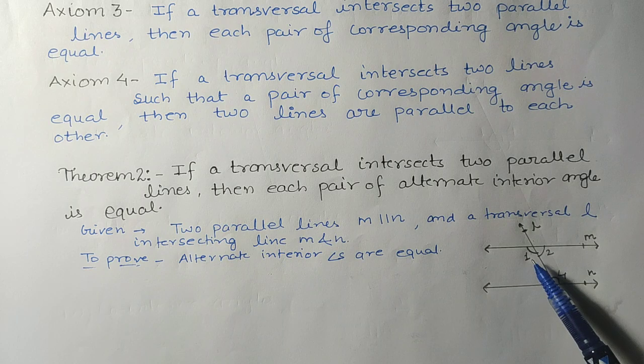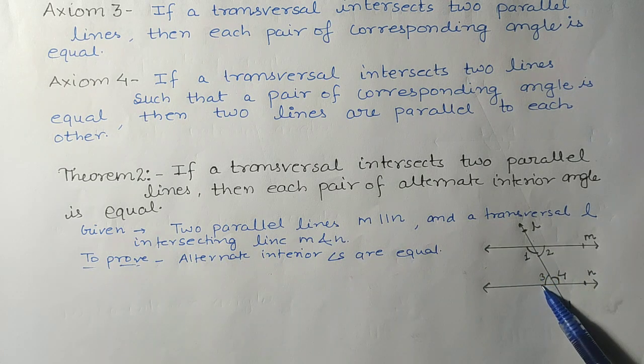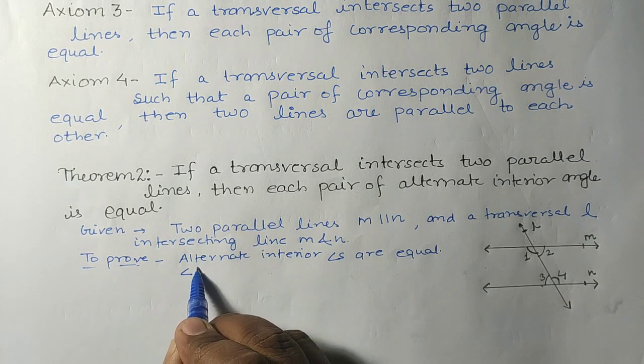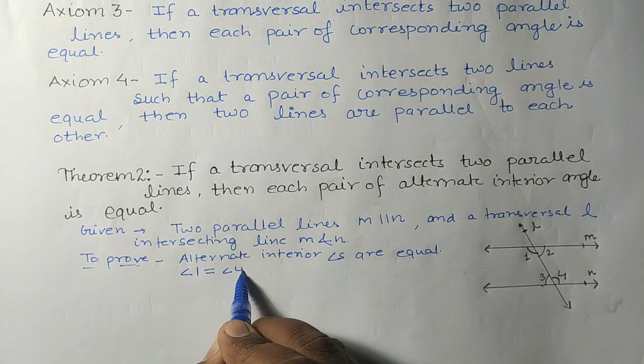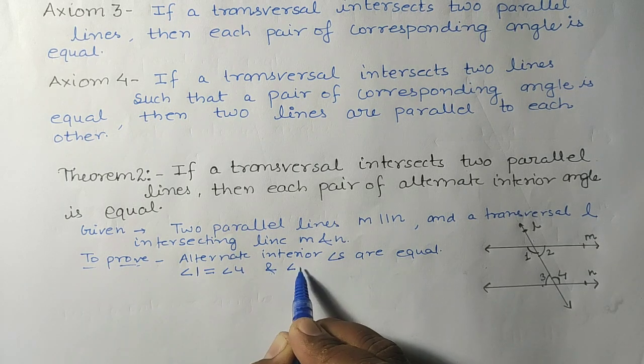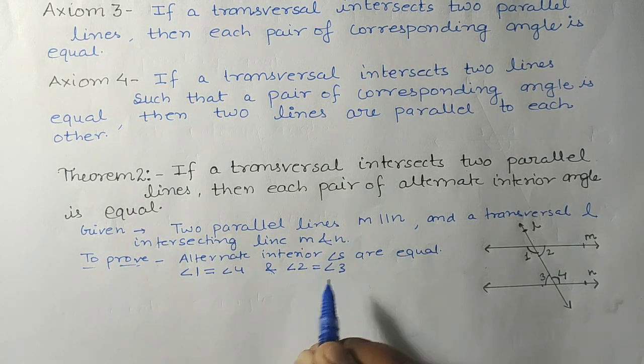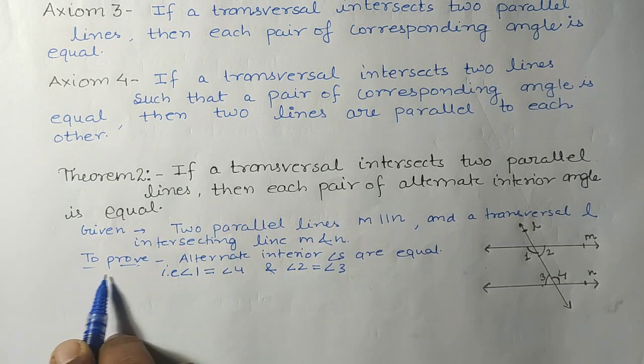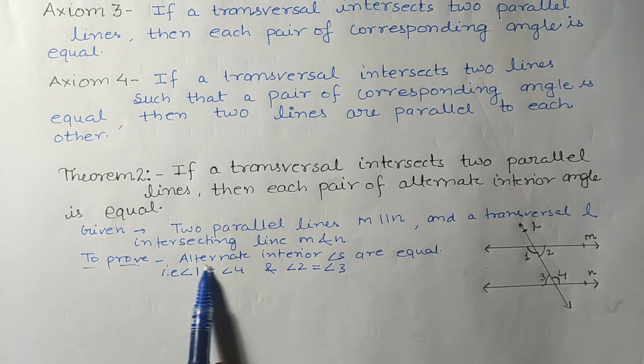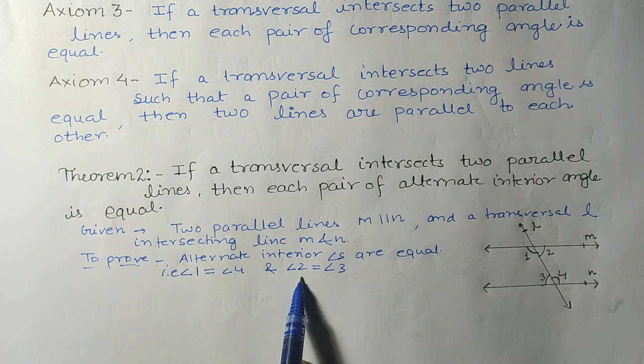So in this case, what will be the alternate interior angles? The pairs of alternate interior angles are angle 1 and angle 4, angle 2 and angle 3. So we have to prove them equal. In the to-prove statement we will write: alternate interior angles are equal, that is angle 1 is equal to angle 4 and angle 2 is equal to angle 3. Okay,